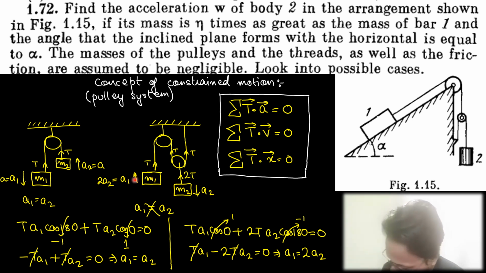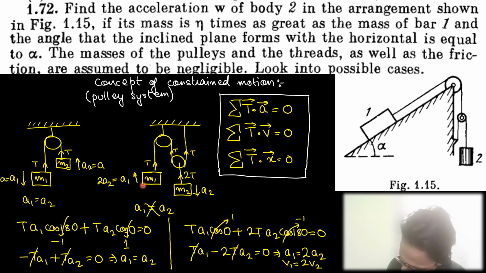Fair and fine. And this relation of acceleration is also valid for velocity. That means at any instant, the velocity v1 would be twice the velocity v2, and the displacement of x1